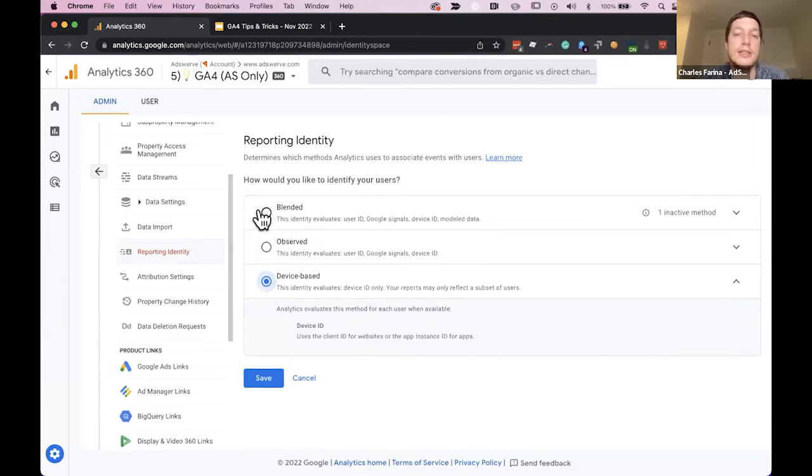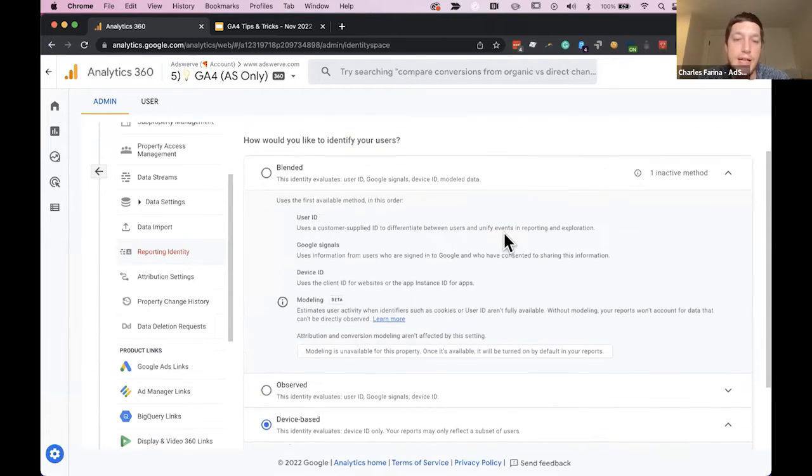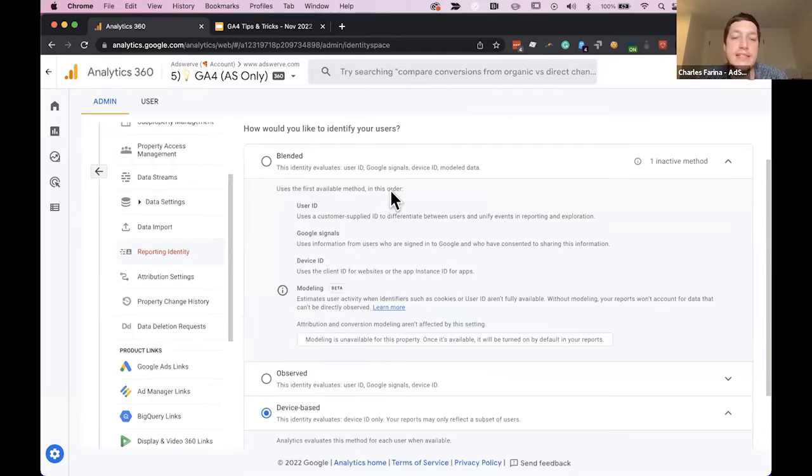Now, there are these other settings called observed and blended. What's important to note is if we look at the blended option, it's actually using, or trying to use, multiple IDs. In here, it uses them in this order. If you're a website that has your own user IDs, first and foremost, it'll use your own user IDs. Those are primarily where users log in to your website. Or maybe if you're sending email marketing, you can have a user ID of all those users that you append anytime they click on a URL. So simply, if you have user IDs, this will use that first and foremost.